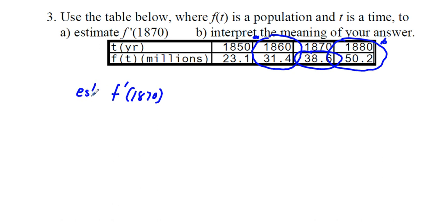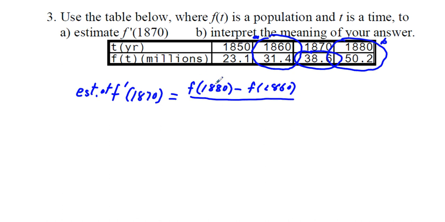So I'm going to put EST of f prime of 1870 equals f of 1880 minus f of 1860 over 1880 minus 1860. So that is going to be 50.2 minus 31.4